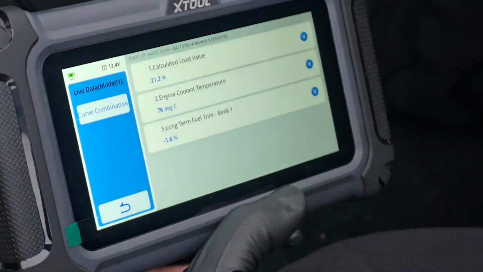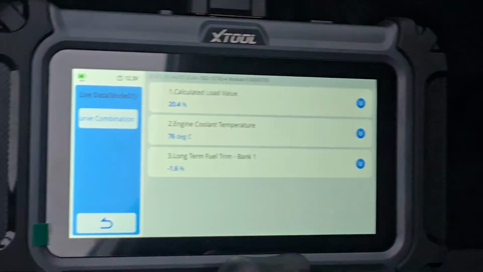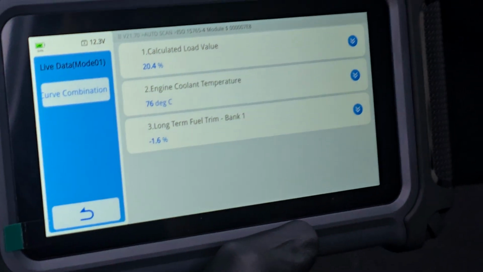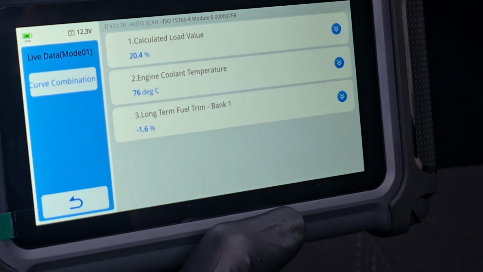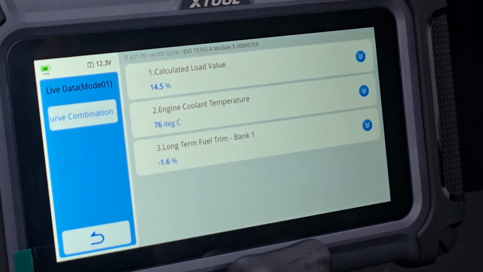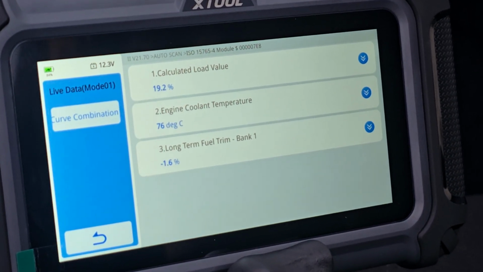Right, because if you try to show all those PIDs at once, it's trying to process too much information. So this will speed up our refresh rate here. And you can see that's good. Yeah, so now it's changing over a little quicker. You can see the calculated load. All right,